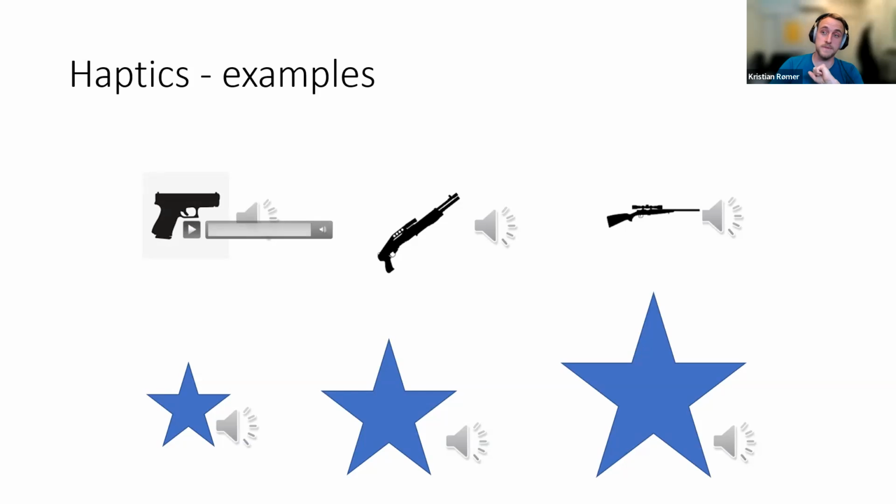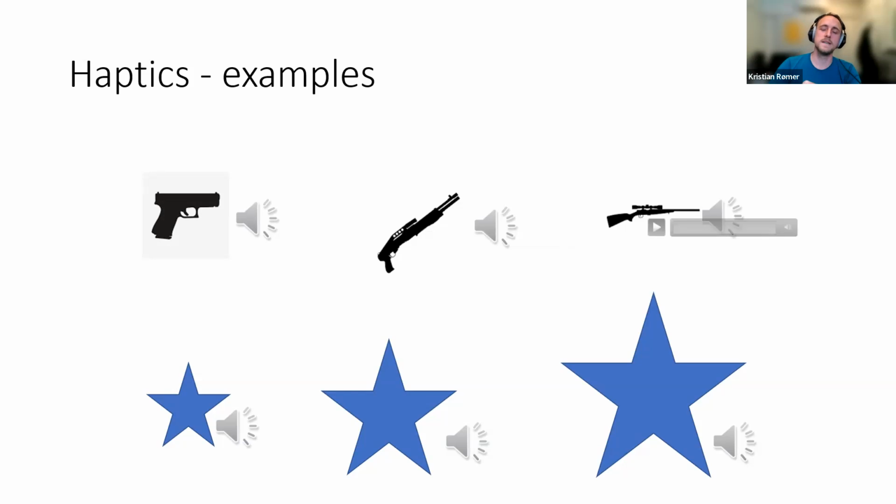So there's a pistol vibration, a short, fairly high frequency burst of a vibration. You can of course fire that quickly, but it doesn't sound beautiful. Then we have a sniper rifle, or a shotgun, sorry. A much deeper vibration that has a longer tail. It also fits with the fire rate of a shotgun and feels very satisfying when you have the controller.